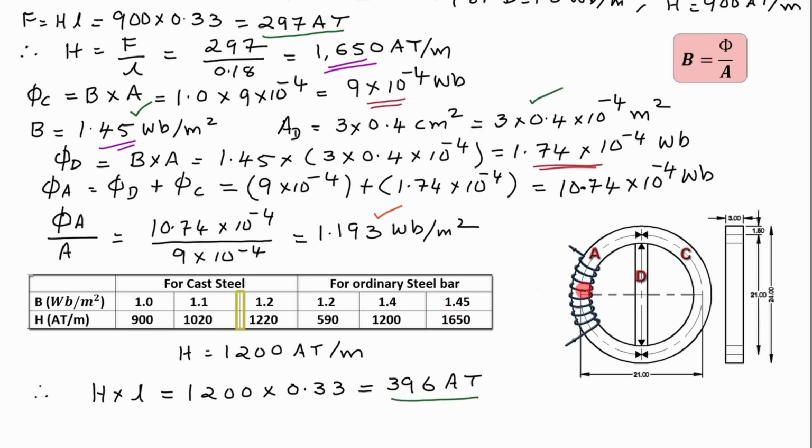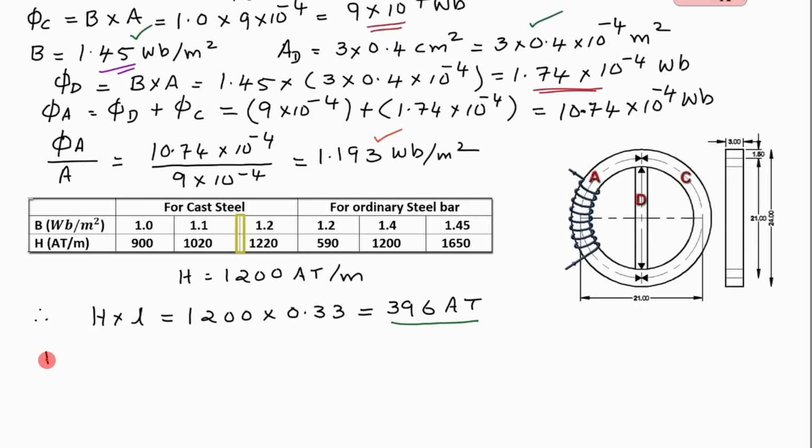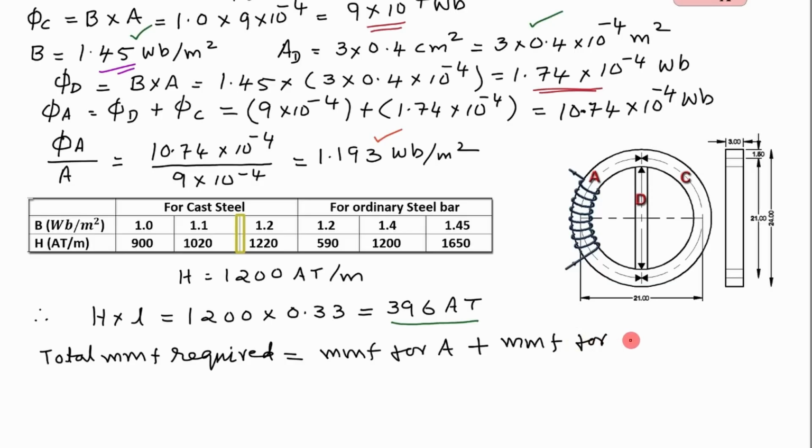Therefore, total MMF is the sum of ampere turns required for path A and path C or D. So, total MMF is equal to 396 plus 297, which is equal to